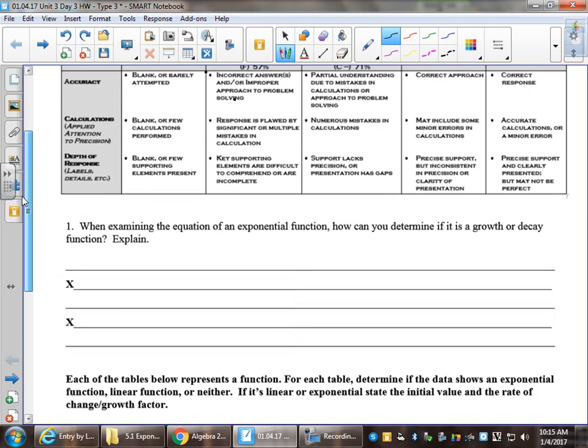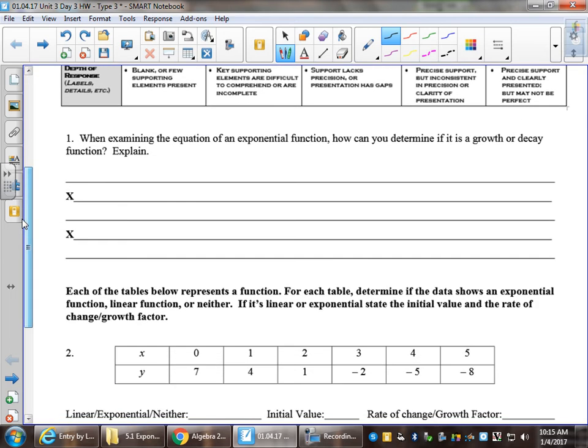So for number 1, it says, when examining the equation of an exponential function, how can you determine if it is a growth or a decay function? Explain. Various answers count for this. I would hope that at first you wrote the general model, f of x equals a times b to the x minus h plus k. In your answer, you need to be talking to me about b. B determines